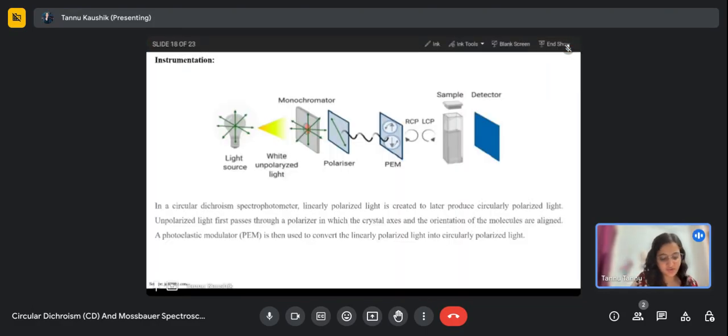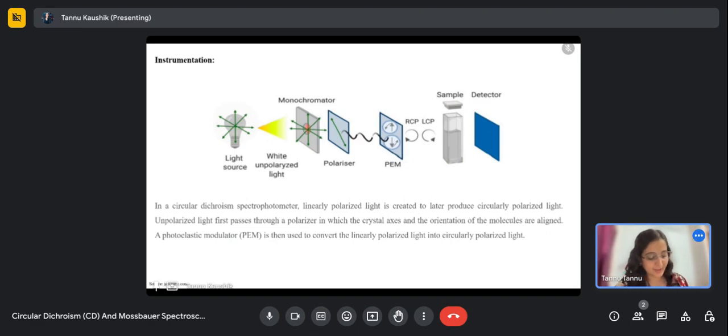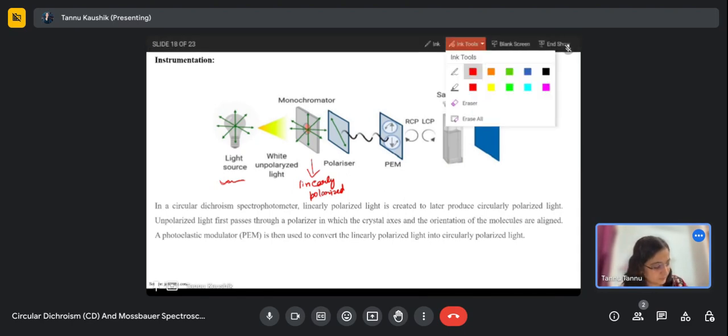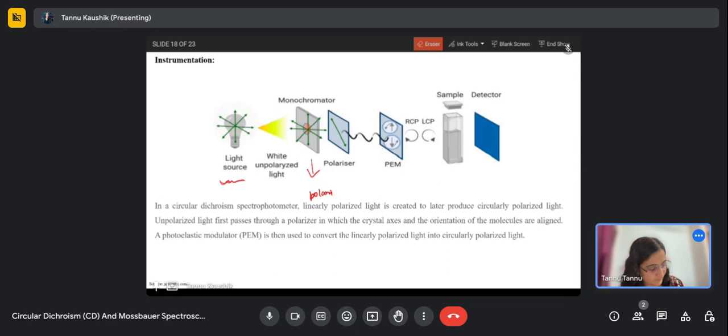So if we look into the instrumentation for circular dichroism, it will have a light source. From this light source we will get a white unpolarized light which will be passed through a monochromator. Sorry, this monochromator will give you